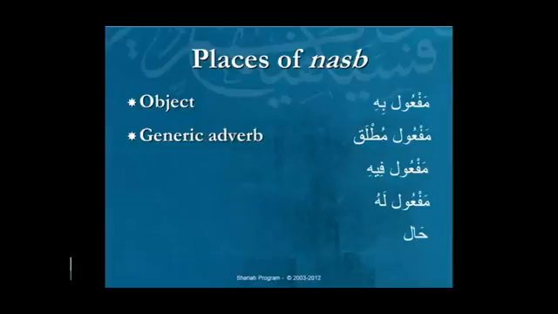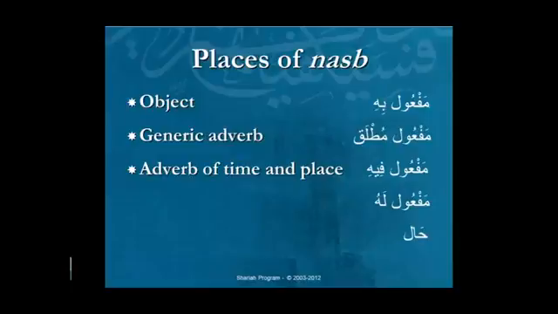The example is kathiran. In the example, farihtu kathiran, I became extremely happy. So the word extremely is what we would call a maf'ul mutlaq. And if it's answering the question when or where, then that's called maf'ul fi. And it could be time, like today, Zayd hit Amr, or in front of the masjid, or before, or after, or above, or beneath.